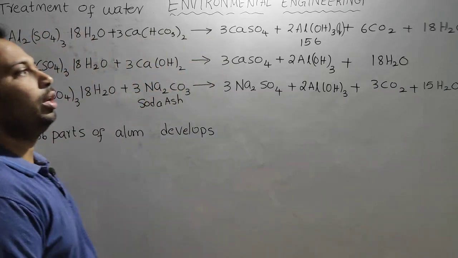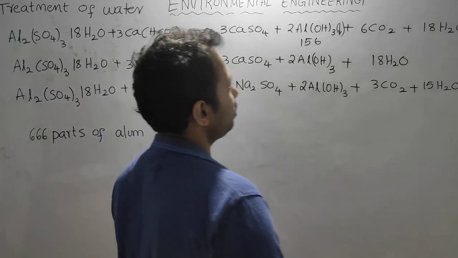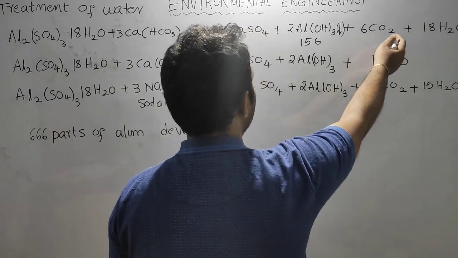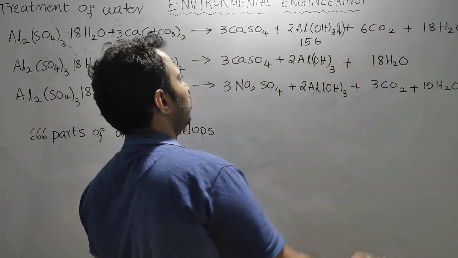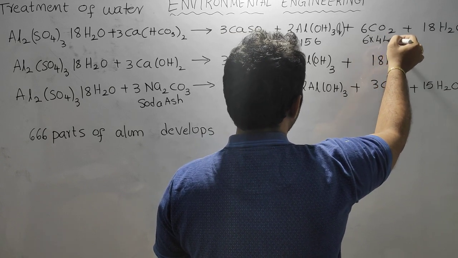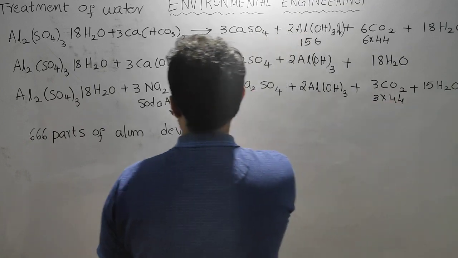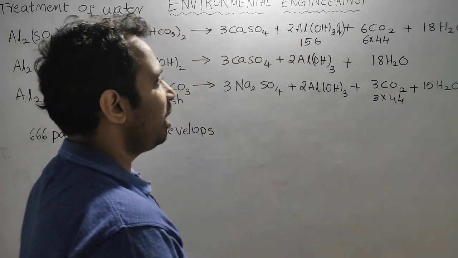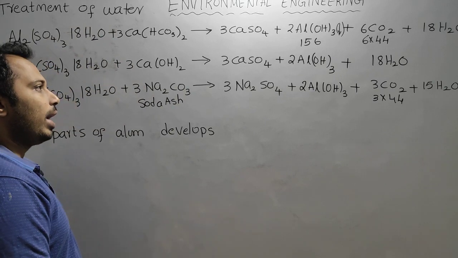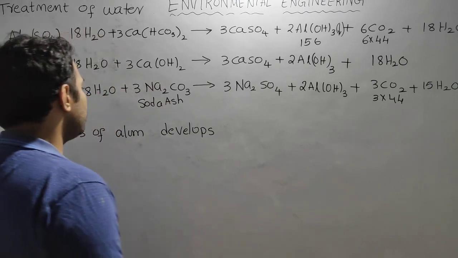1 mole of carbon dioxide weighs how much? 12 plus 32, that is 44. Here it is 6 into 44, whereas here it is 3 into 44. So depending upon the type of alkalinity we provide, the value of carbon dioxide coming is varying. Okay, so 666 parts of alum